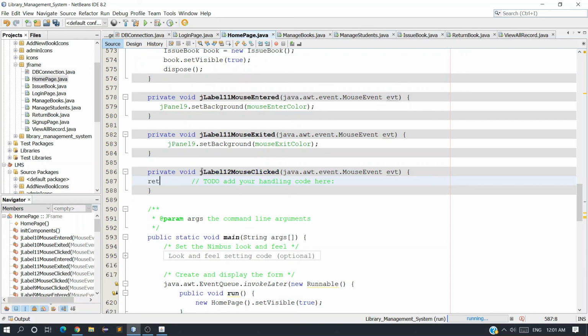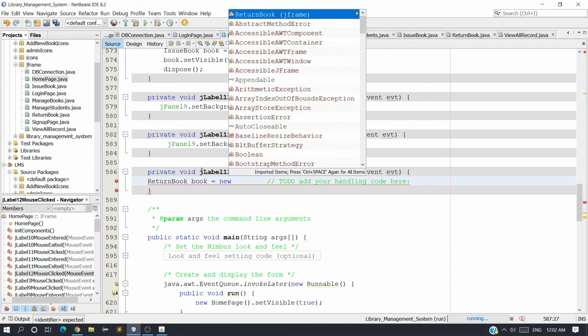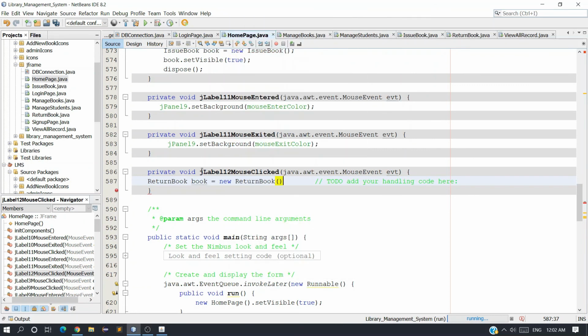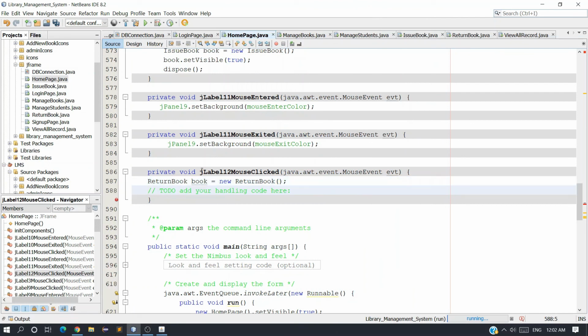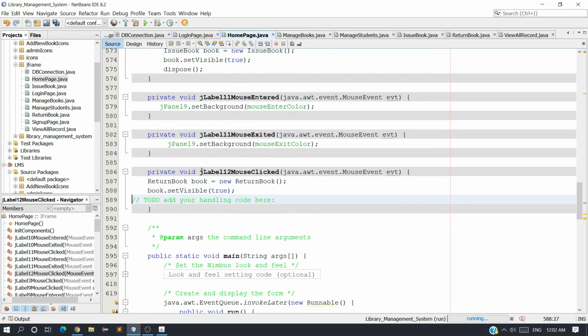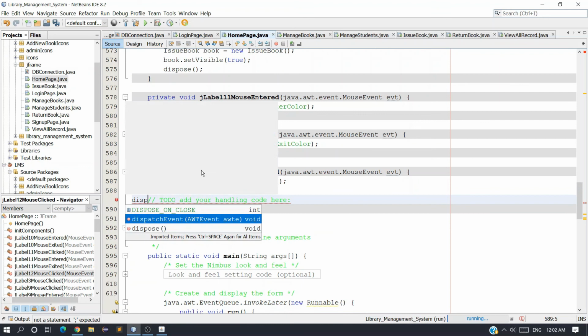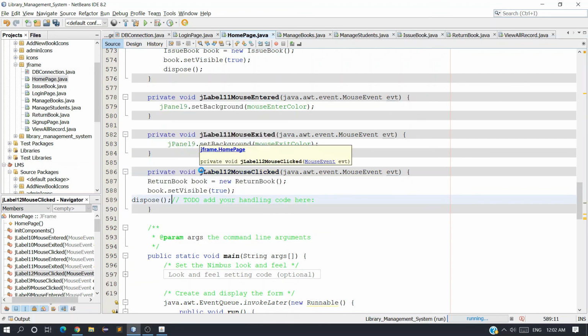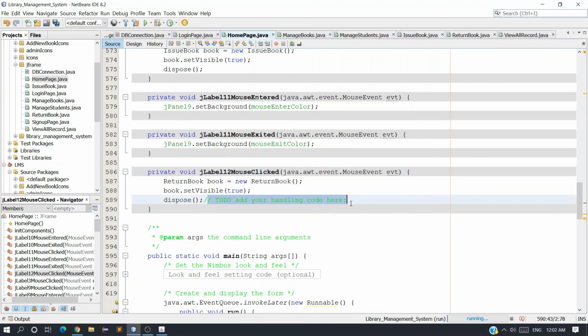So return book is equal to new return book, and simply say book dot set visible true, and here just dispose now, and remove this comment, we don't require. Okay, not the entire row, just remove this comment.